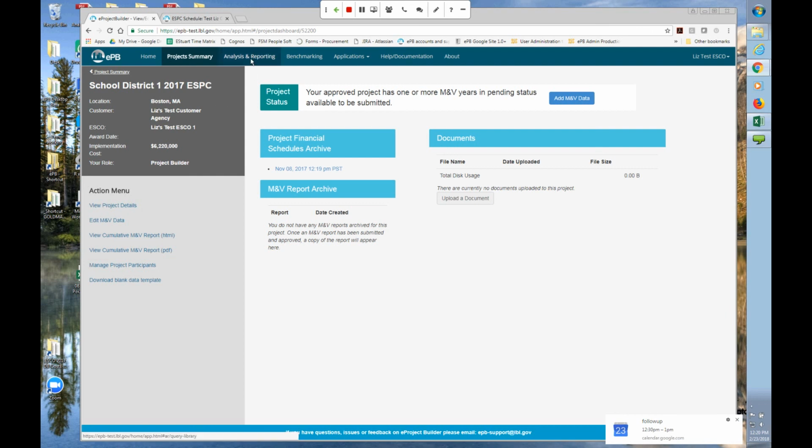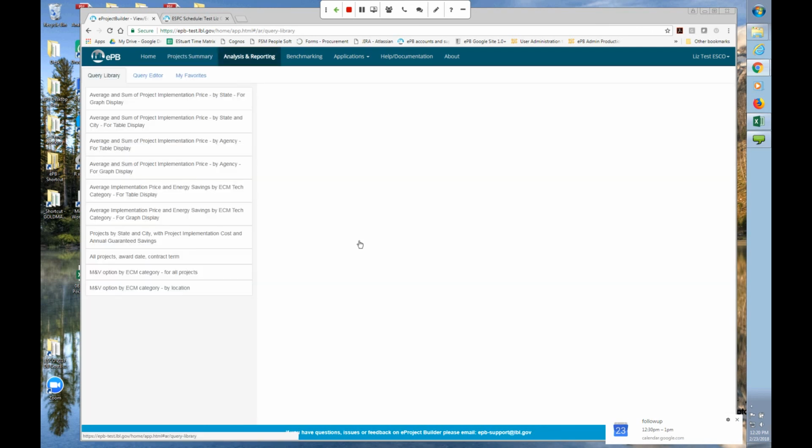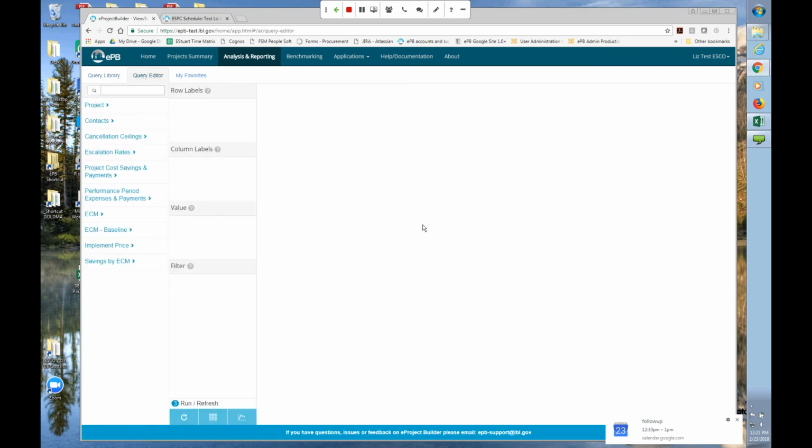I'm going to show you very quickly a little bit about the analysis and reporting tool. So this lets you generate graphs and tables on your portfolio of projects, and it's got 3 basic functions. We have a library of what we call canned reports. So these are just some general reports that folks have told us they would find useful to have handy. And if you choose one, you can then edit it further. Or you can start by setting up your own query